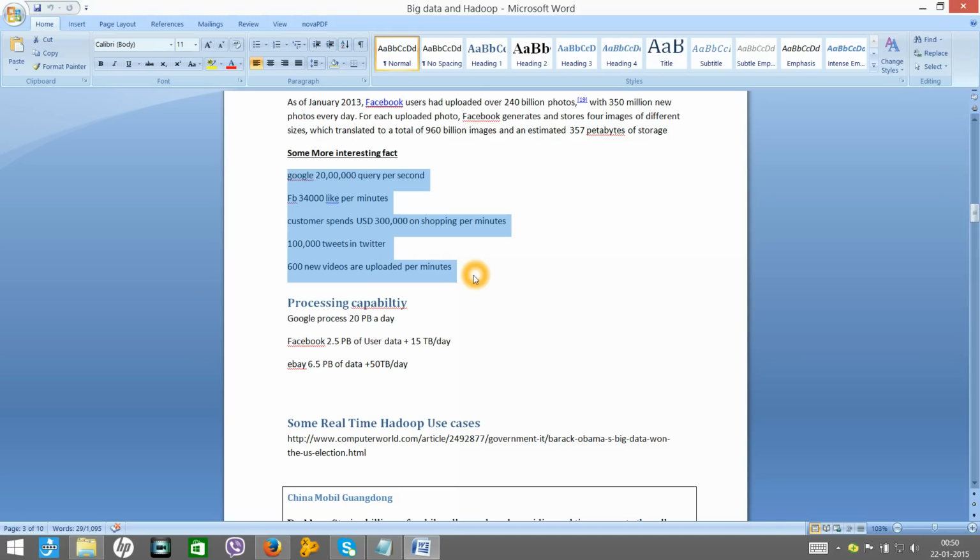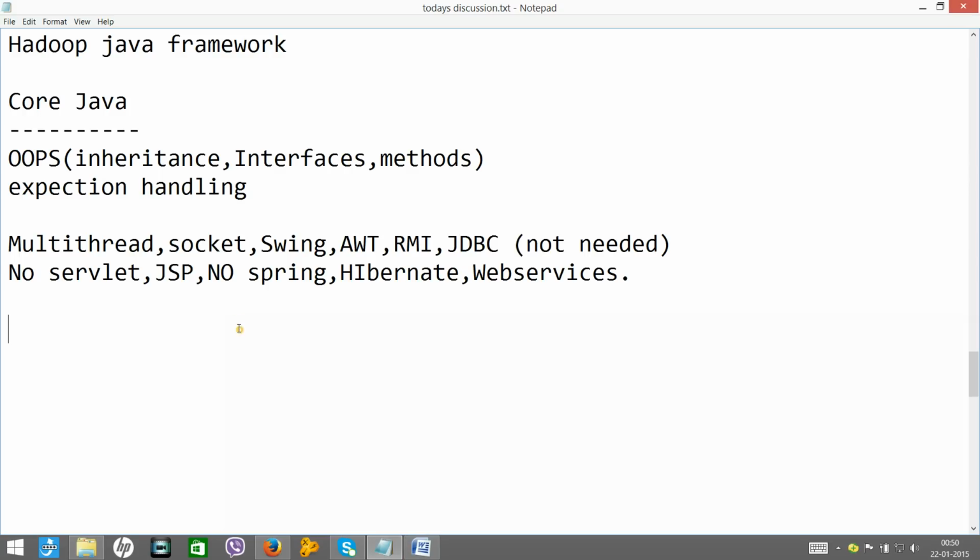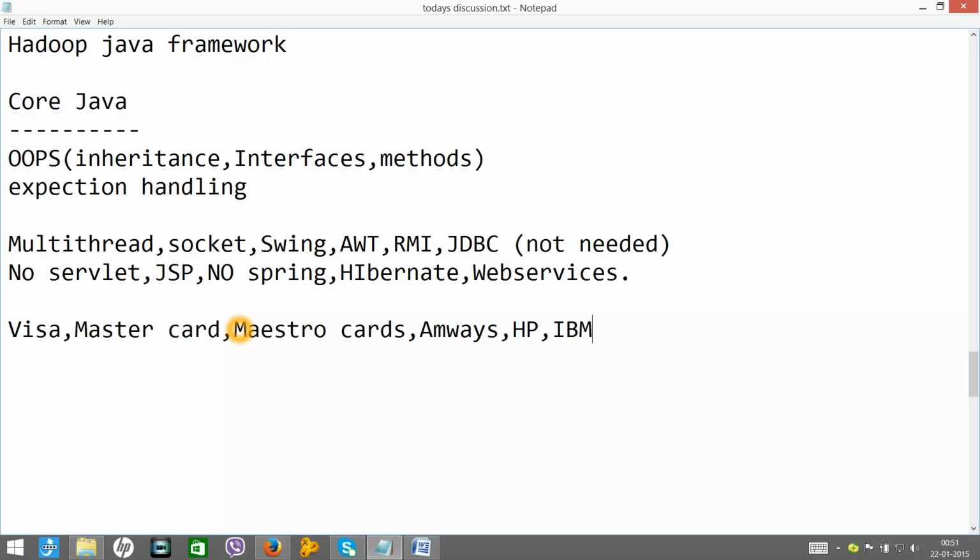All the banks are also working in big data nowadays. For example Visa, Mastercard, Maestro card, Amway, you might have heard of this, even HP, IBM, and all other companies are using big data.